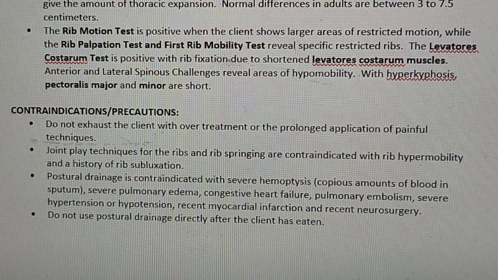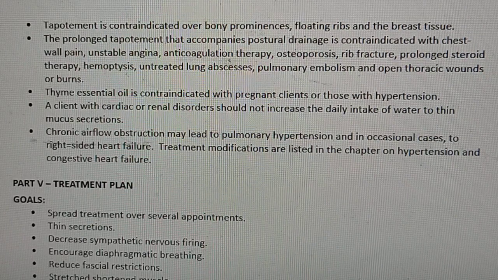Recent myocardial infarction, which is the MI, and recent neurosurgery. Do not use postural drainage directly after the client has eaten. These are contraindications. Tapotement is contraindicated over bony prominences, floating ribs, and the breast tissue. The prolonged tapotement